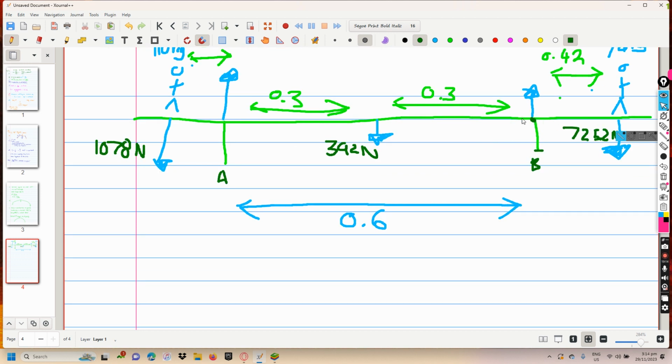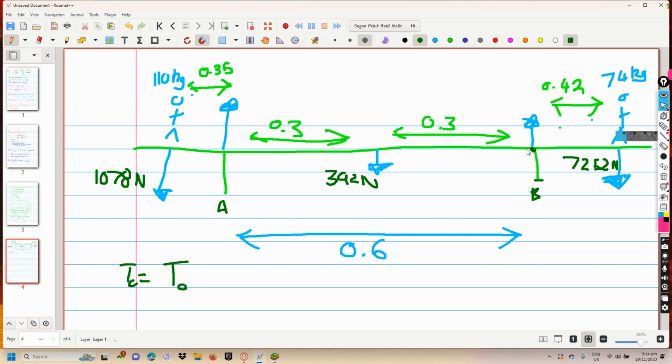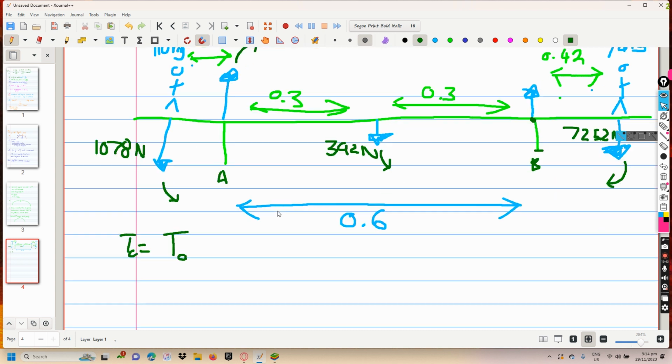Okay, now we're going to pivot around point B. And remember, the sum of the torque is equal to 0. And torque is a vector, so all that means is the torque clockwise is equal to the torque anti-clockwise, always. So, let's pivot. This will cause clockwise, likewise this will cause clockwise, this will be anti-clockwise, this will be anti-clockwise. So, torque clockwise is equal to the 725.2 newtons from this player times the distance that player is away, which is 0.42 meters,